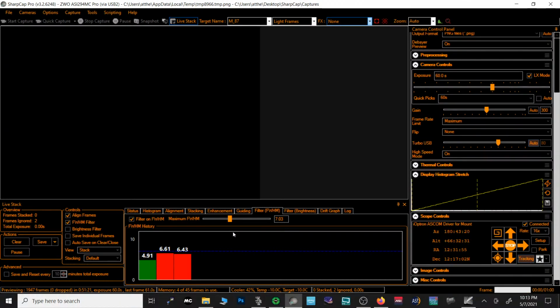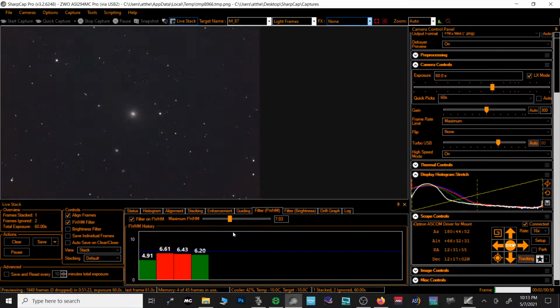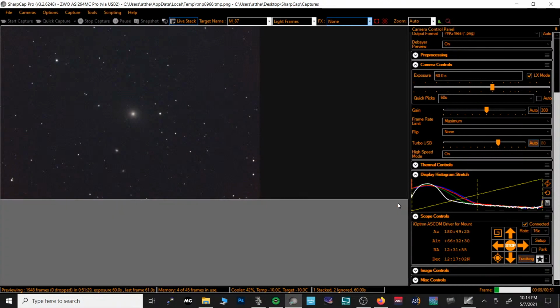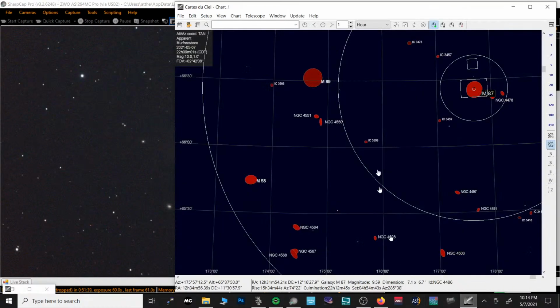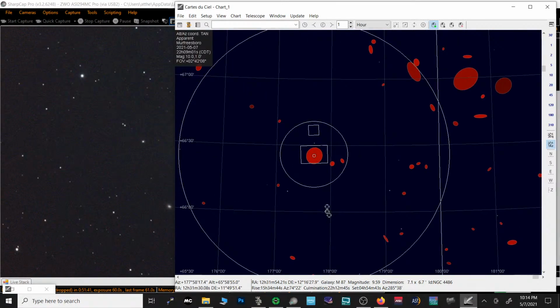There we go. Okay. So now I can minimize this a bit and we can get into M87. Now there's a number of other galaxies in this field of view here. In fact, if we wanted to see